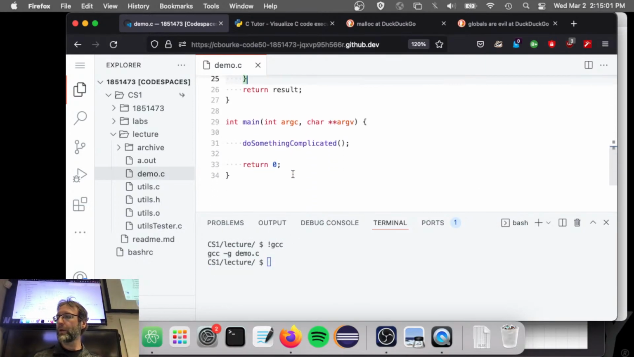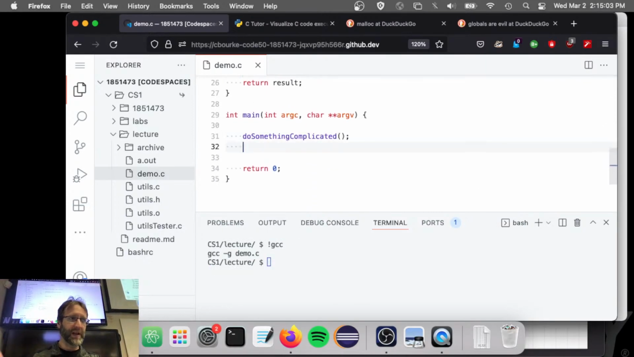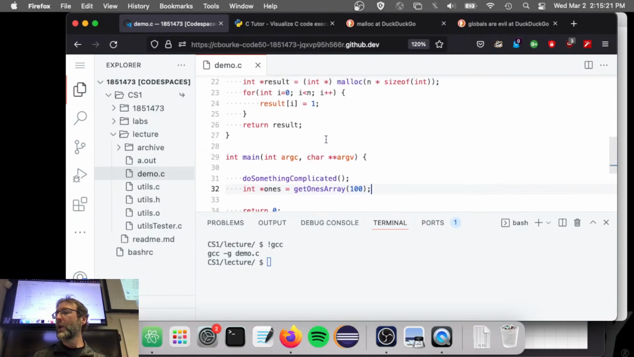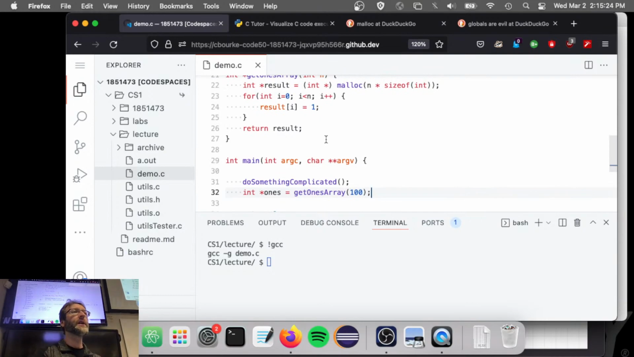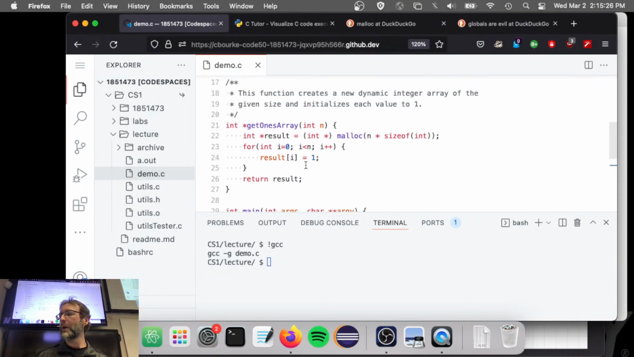All right, so let's go ahead and use it now. Int star ones is equal to get ones array, and I'll get a ones array of 100 ones. I don't care about it. We can print it out if you want to. We can add them up if you want to. Do something less complicated with them if you want to. But who's responsible in this context for cleaning up this memory now? Get ones array allocates that memory. Should it free up that memory before it returns it? It can, but